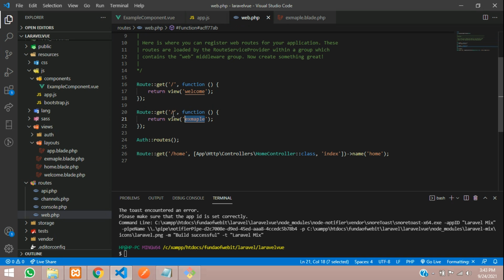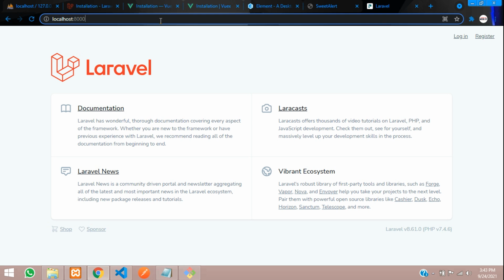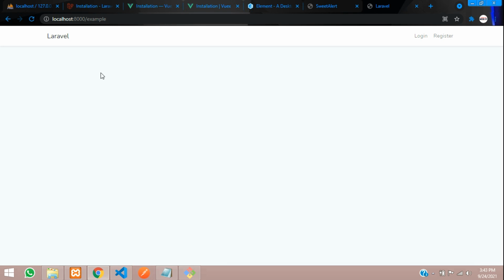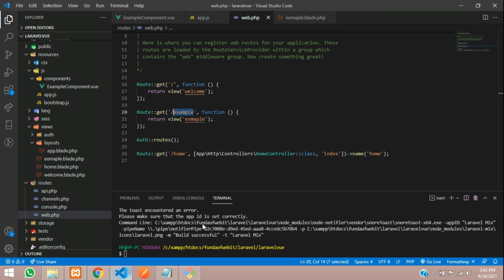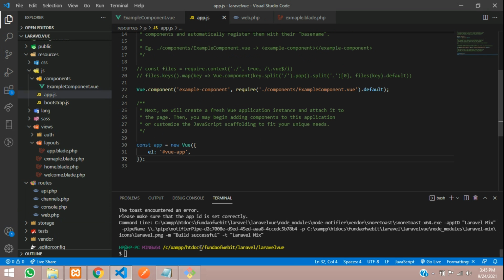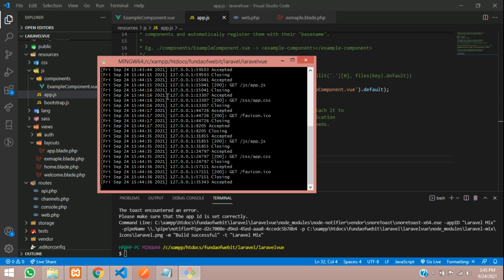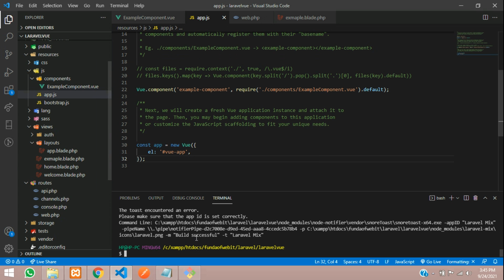Just create the route, and over here I am going to create a route with the name example. Let's copy and go to /example. If you give that, perfect, but you did not get the output. Let's see why. We will start the application. Your artisan is already started, but the Vue side we have to start. For that you have to give npm run watch.